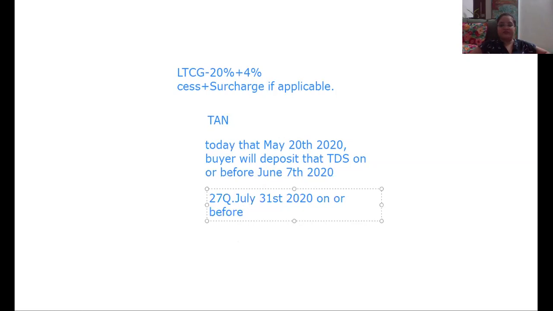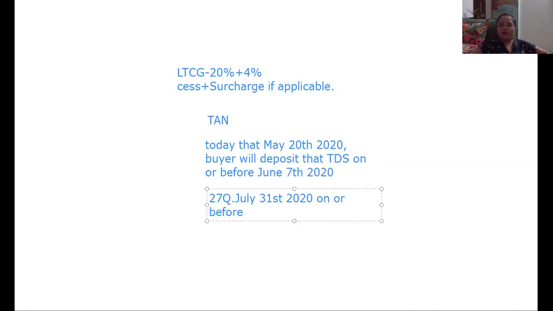That the assessing officer has allowed me to have lesser tax deducted while you make the payment as per the certificate, because my total income which is going to happen in the sale transaction is less. And then the buyer will not deduct the TDS on the total sale amount at the rate of 20% plus cess plus surcharge in case of long-term capital gain, or 30% plus cess plus surcharge in case of short-term capital gain, but he will deduct the TDS as per the certificate obtained from the assessing officer, income tax officer.